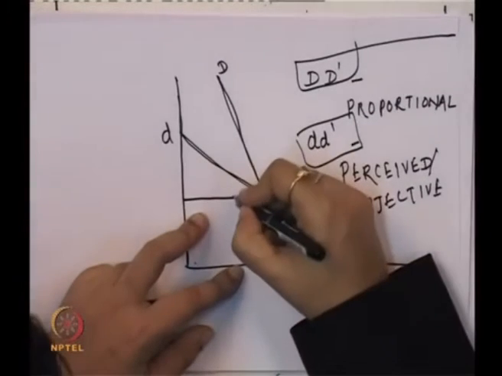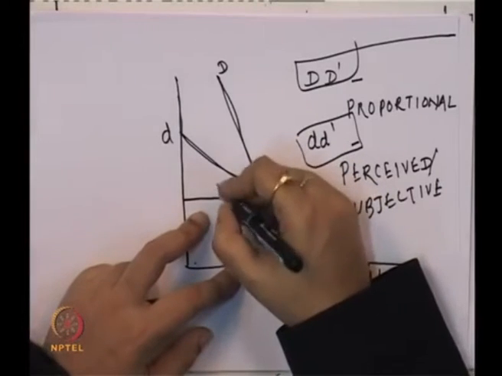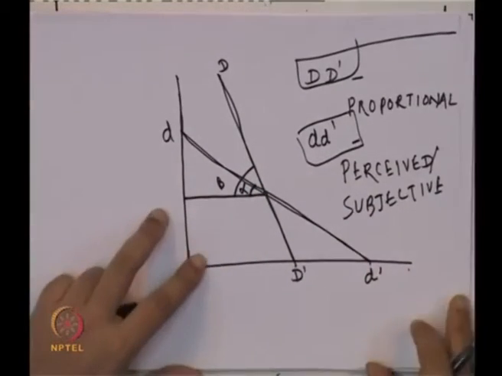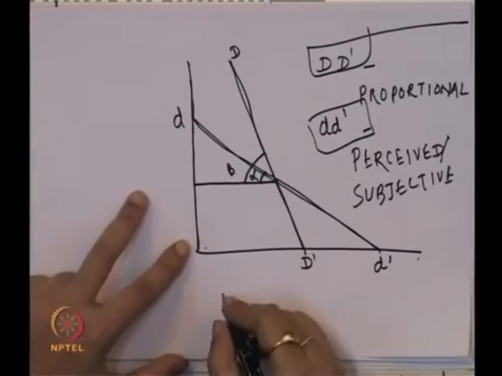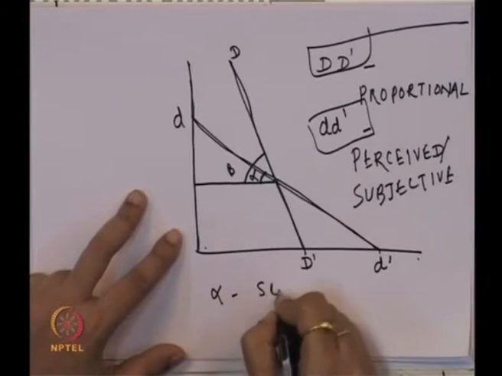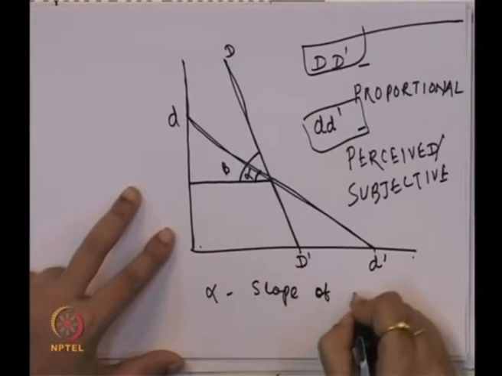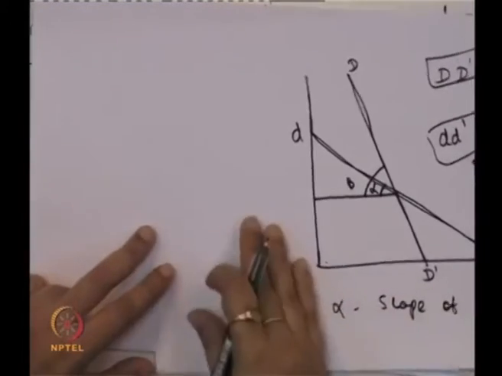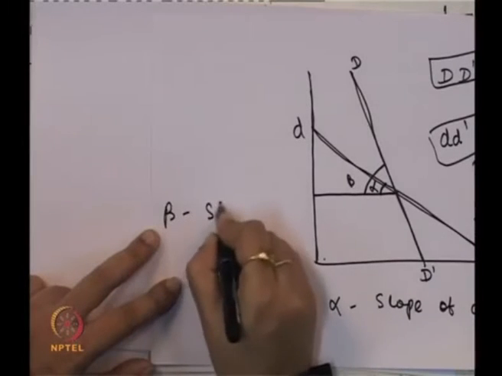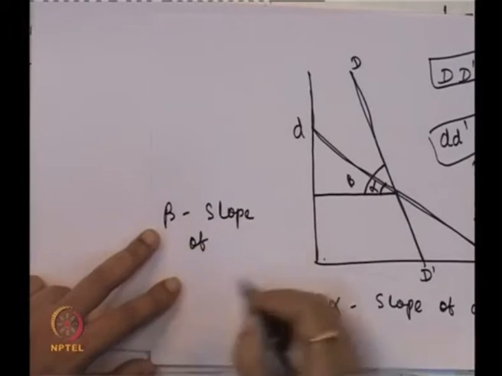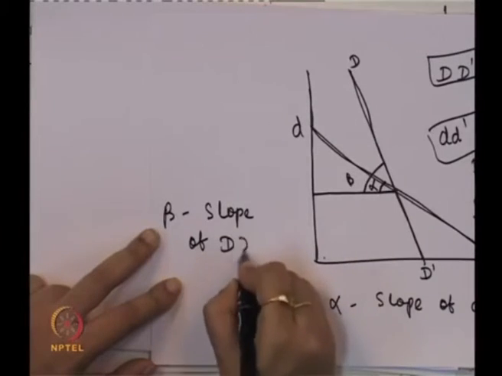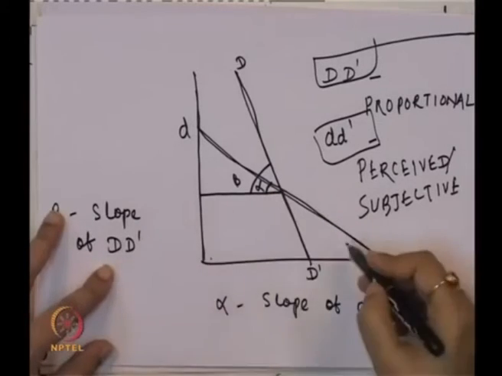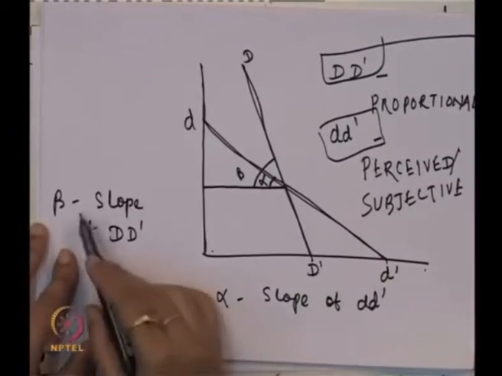Now we will get the slope. This is the beta and this is the alpha. Now what is alpha? Alpha is the slope of the perceived demand curve, and what is beta? Beta is the slope of the proportional demand curve. So alpha is the slope of the perceived demand curve and beta is the slope of